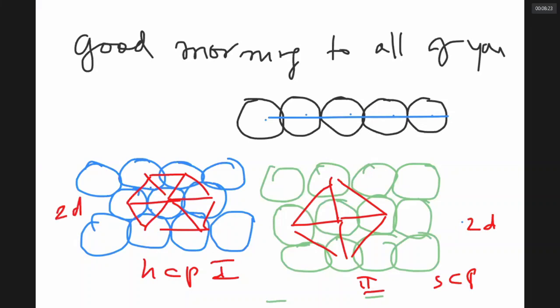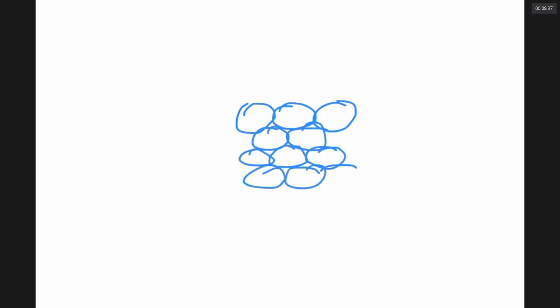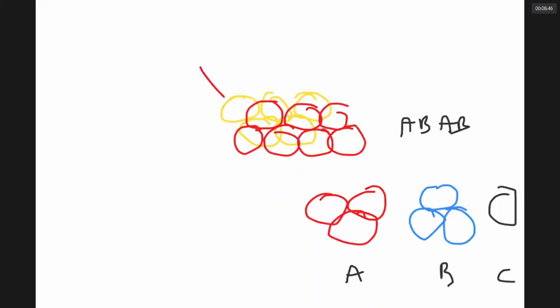This is a plane. Now I want to know, in a solid it is actually 3D. This is one layer, no doubt, your hexagonal close packing, very good. Now there will be a second layer. How can the second layer particles be packed? Notice how it can come. In the first layer, if there are 3 particles like this, there is a gap. In the next layer, if this gap is covered by a next layer particle, this is generating a kind of hole in the center that is called a tetrahedral void.